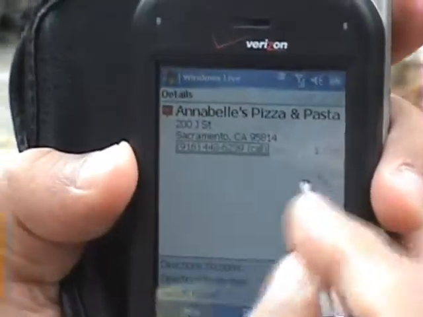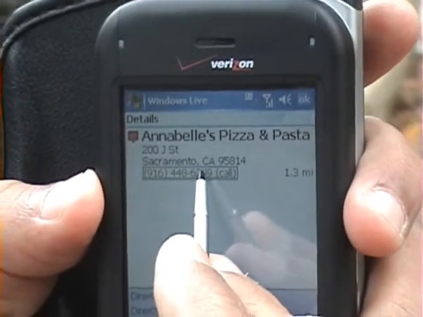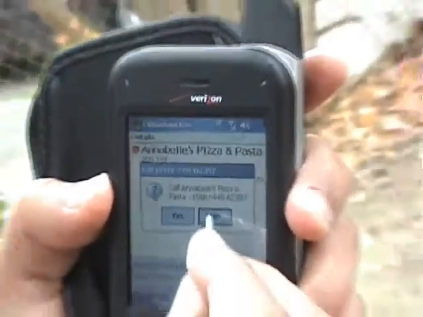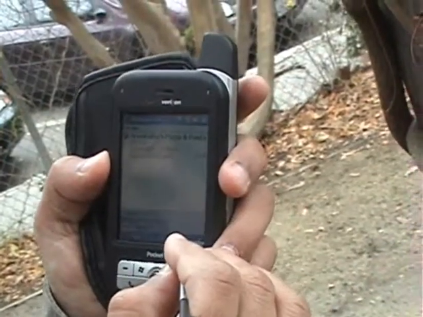What happens is this is similar to the telephone link. If you click here, you have web. Now it will make a call. You can make a call directly. Otherwise, it will show you the website. If it had a website, it would show you the website here.